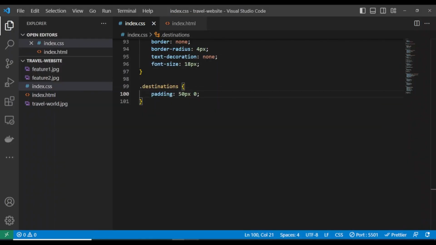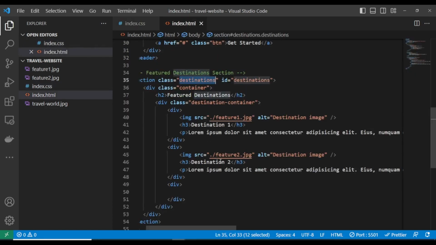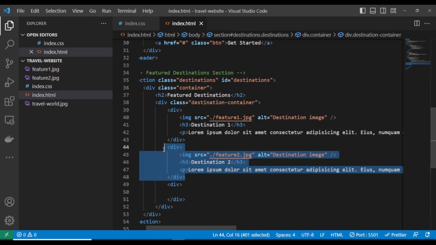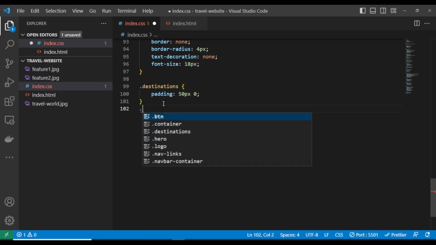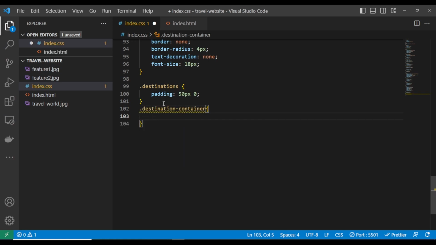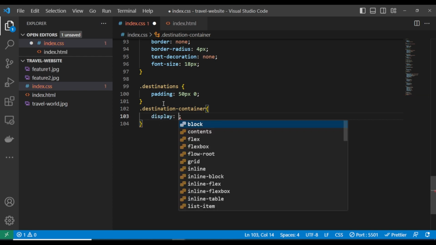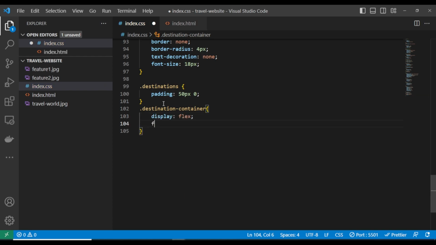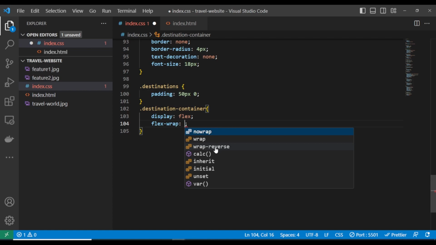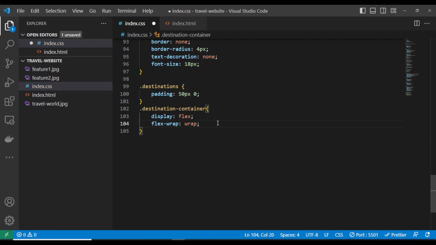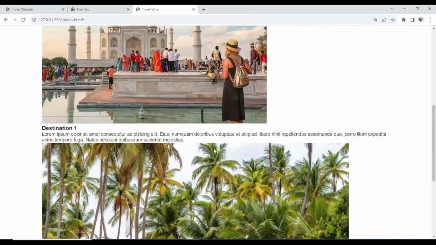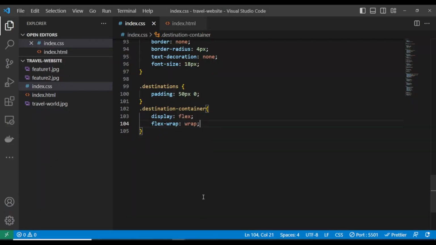So the next one is let's now target that container. Let me go copy that name. This container is what is holding these two. Each of these divs represents a card. Okay, so let's target the container. We'll say display: flex, and flex-wrap: wrap, so that in case we have a large number, it will wrap them and keep them in the same line. Okay, so let's